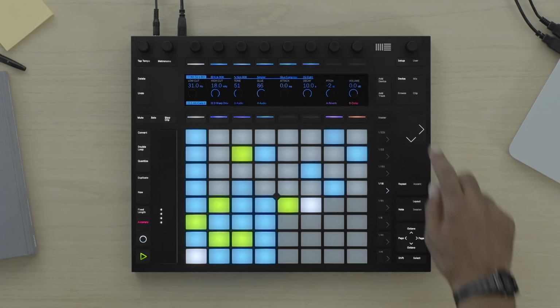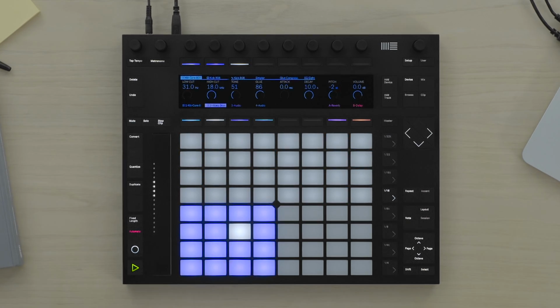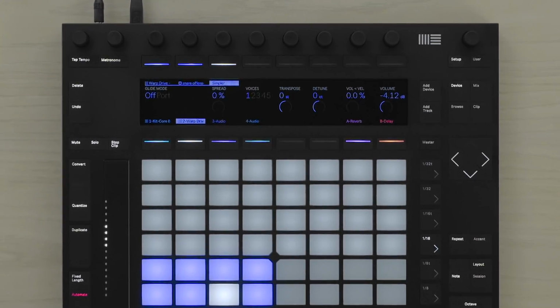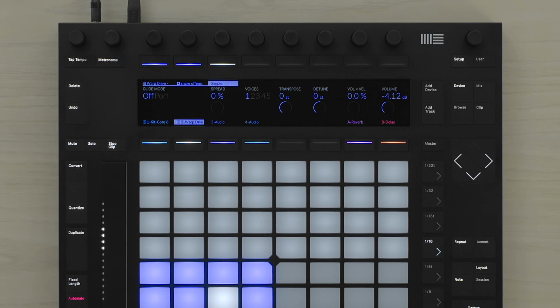Using the arrow keys, I'm going to navigate to another track. In this case, I also have a drum rack set up, but all of the sample sounds are not contained within an instrument rack. Rather, they're contained in a Simpler. If I wish to access all the parameters of the Simpler device for this snare,